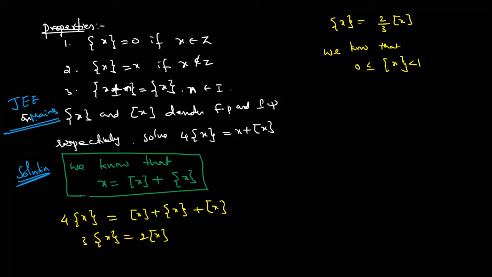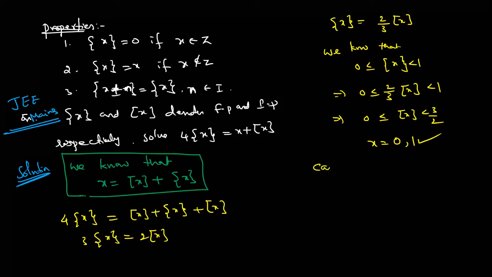Is it correct or wrong, dear students? What is the range of the fraction part of x? It lies between 0 and 1. The fraction part of x means 2 by 3 into the integral part, so multiply by 3 by 2. So the integral part of x lies between 0 and 3 by 2, which means it must be an integer. 3 by 2 means 1.5. What integers are possible between 0 and 3 by 2? 0 and 1 only. I will share the file after completing. Don't worry. Listen carefully.